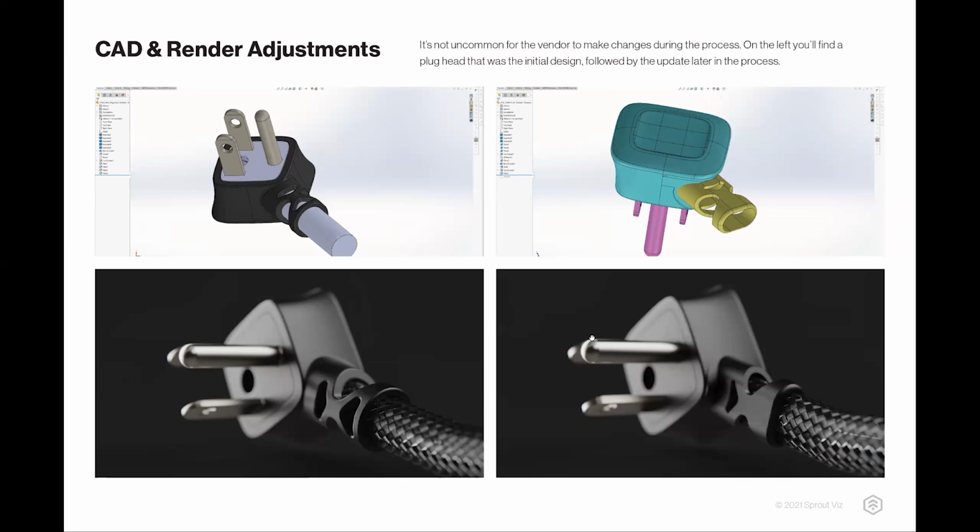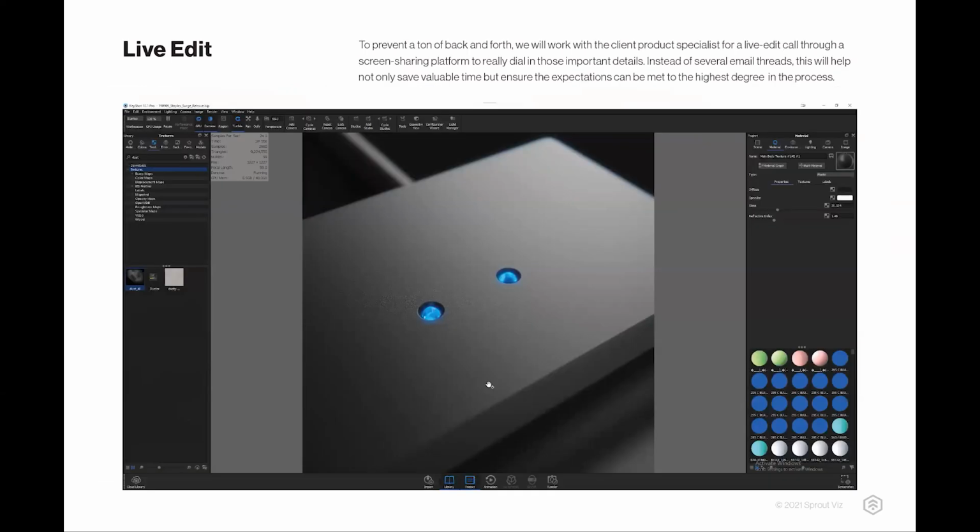And same again, like I said, it's just so easy to drop these in and start creating and start changing things up and really getting to look at them instead of just looking at sketches on paper. And then about midway through, when we're starting to get towards these finer details, we'll likely do a live edit with the client. And what that means is we'll essentially do exactly what we're doing today, where I'll be demonstrating through the workflow and the process